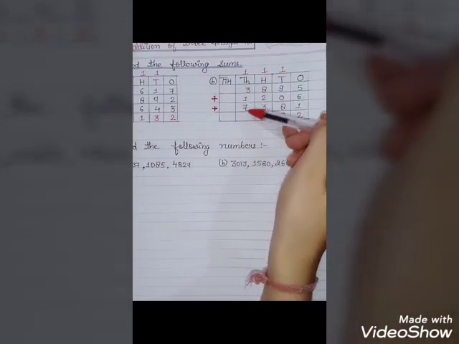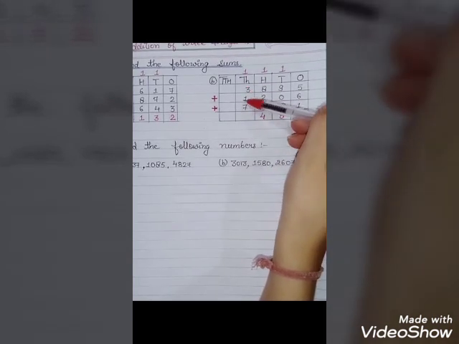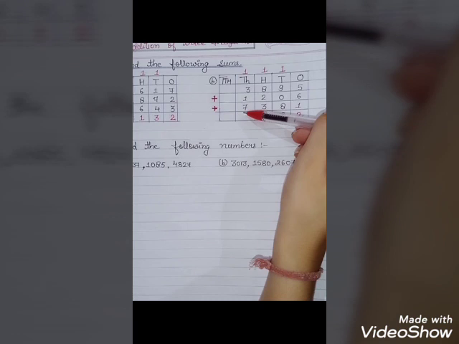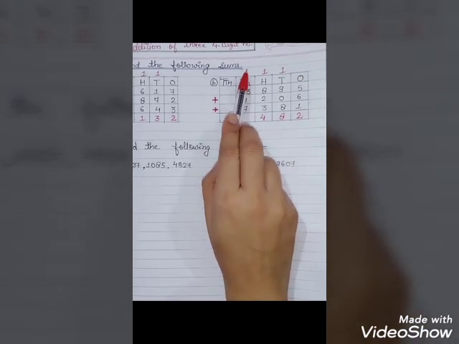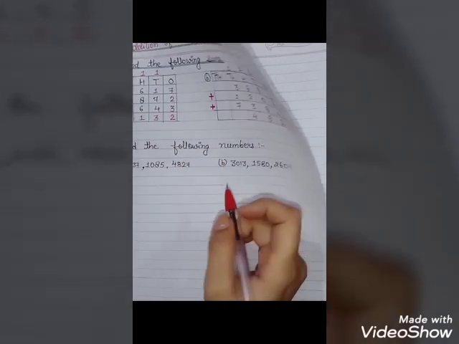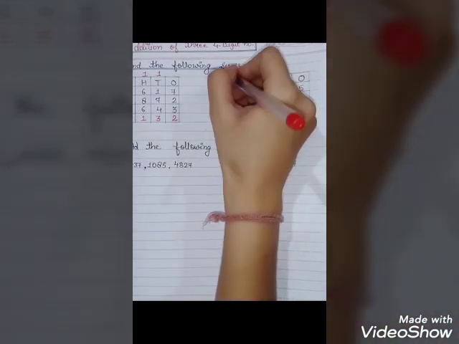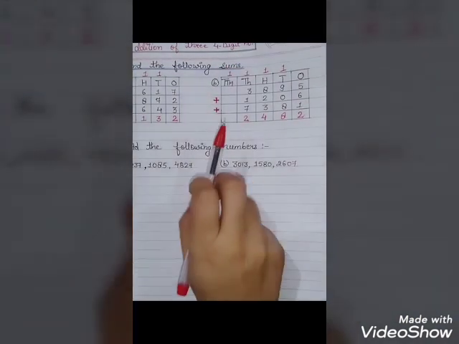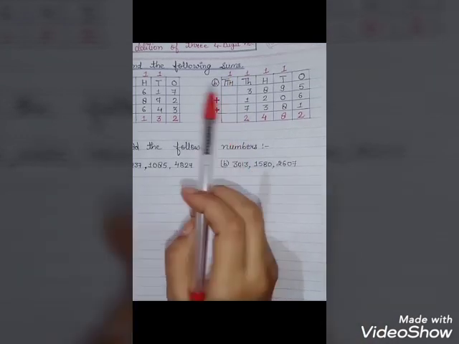Again add the 1000 place digits, that are 3, 1 and 7. If we add 3 plus 1, we get 4. Now 4 plus 7, what we get here, students? Yes, 11. And 1 carry over here, 11 and 1, 12. And 12 is a 2-digit number. Write 2 in the thousands place and carry over 1 to the 10,000s place. As there is no number in the 10,000s place, keep the 1 carry over here.